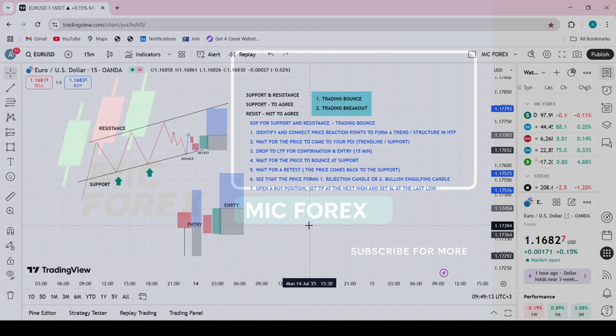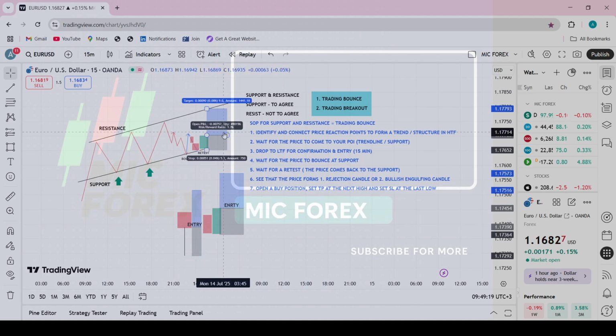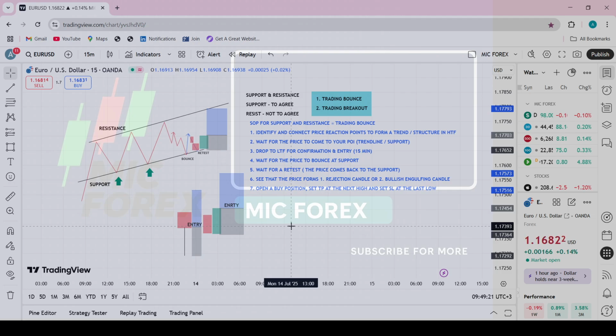Why do we go to lower time frame? So that you can align. Aligning means because we want to buy and the trend is bullish, we want to take the trade when the price has confirmed intentions to continue bullish. And this intention to continue bullish, or the signal, or the signs